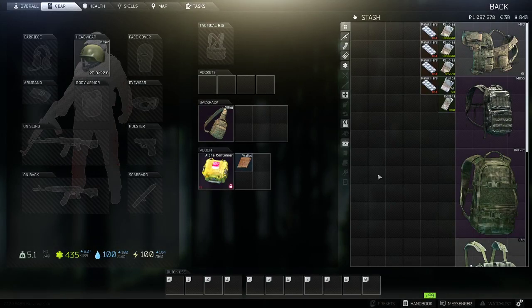In today's video, we're going to be going over some tips and tricks to help manage your inventory and stash space in Escape from Tarkov. So a couple shortcuts and hotkeys that I want to touch base on, especially if you're a beginning player. This is going to help you out a lot and save you a lot of time while looting and managing